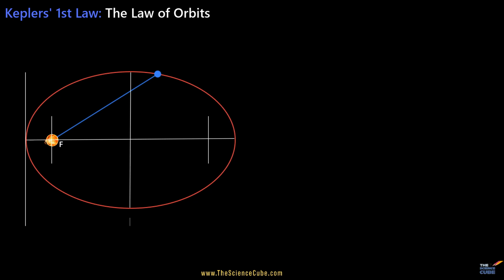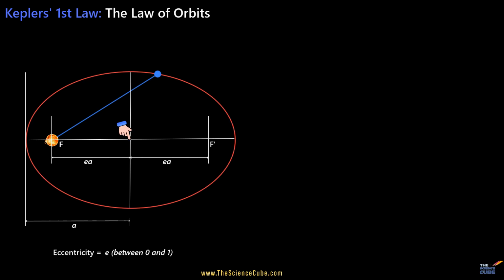Now here comes a bit of geometry, which I think is quite straightforward. So this orbit, an ellipse, has what we call a semimajor axis A and eccentricity E. Now what exactly is eccentricity E? So E is a dimensionless number between 0 and 1, and for a given ellipse, its value is such that if you multiply it with A, the product EA becomes the distance between the center of the ellipse to point